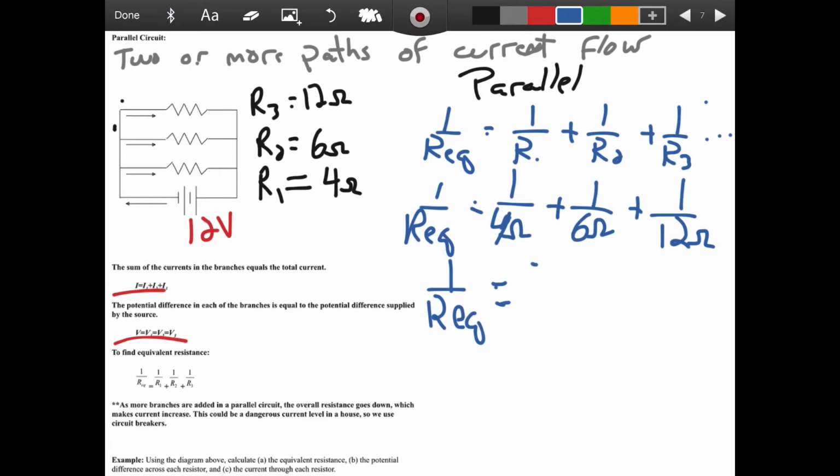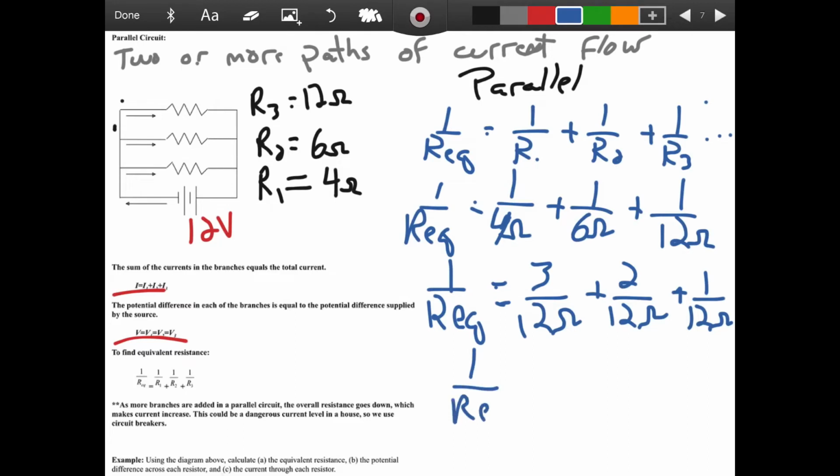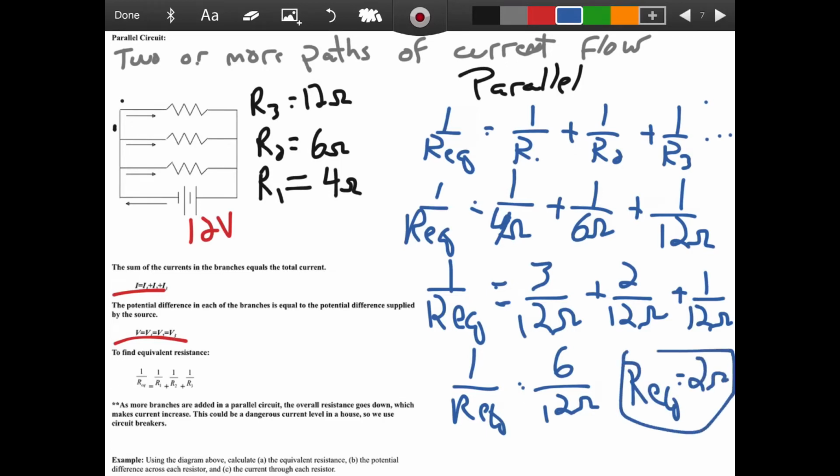And here we'll get 3 over 12 ohms plus 2 over 12 ohms plus 1 over 12 ohms. It's already 12. We would add all of those up, and we get 6 over 12 ohms. So then we find our equivalent resistance, or 1 over Req, to be equal to 2 ohms, which is very